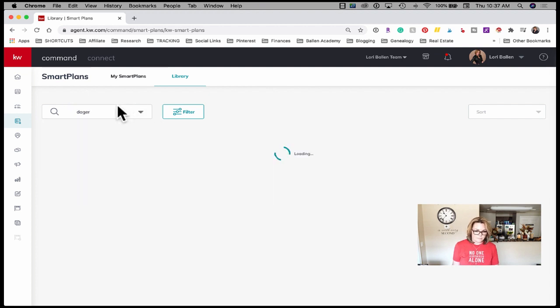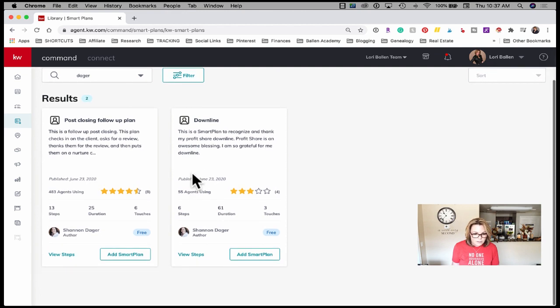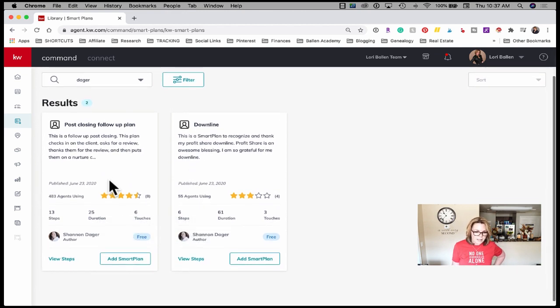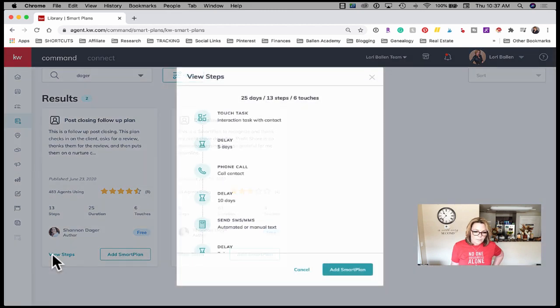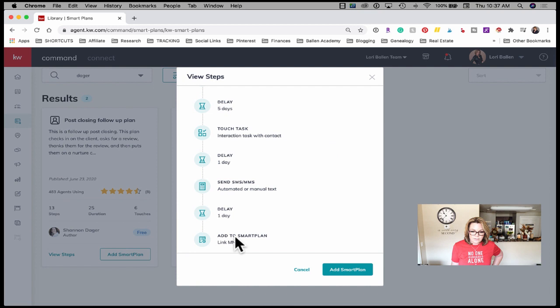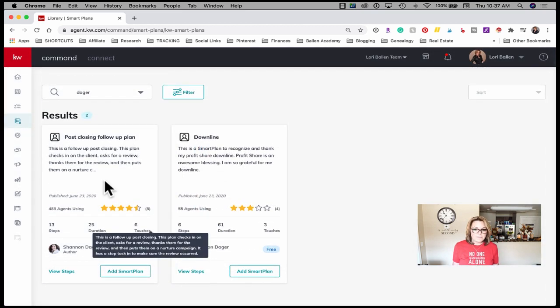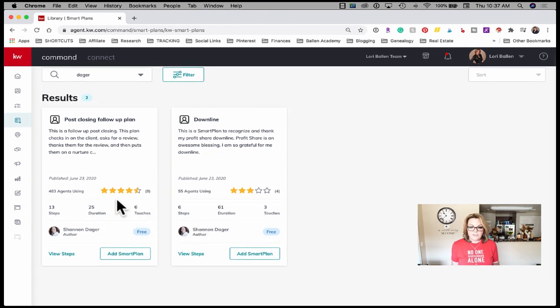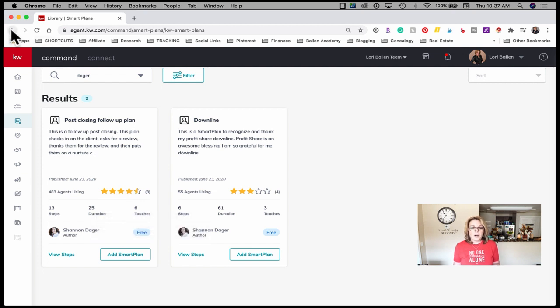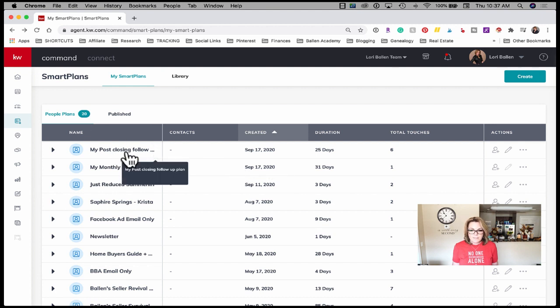Author name. There we go. Oh, that's so weird. Okay, so at the very bottom, she has a link to My Neighborhood Nurture. Oh, link to the monthly neighborhood nurture, maybe. So unfortunately, I'm stuck on this because I don't know how to get to that secondary smart plan that it spins them off to. So maybe we